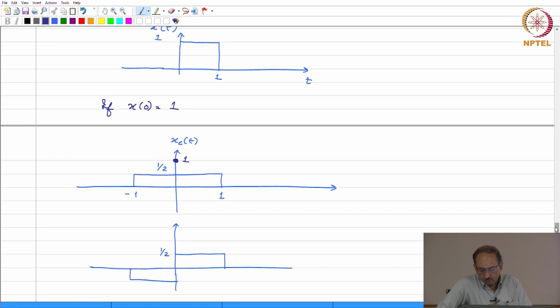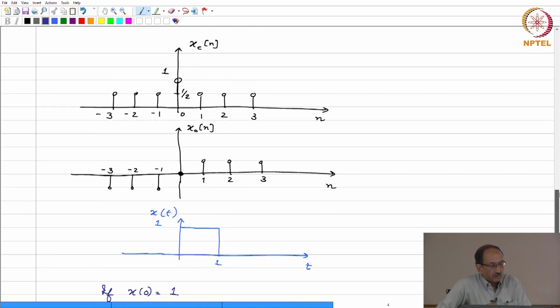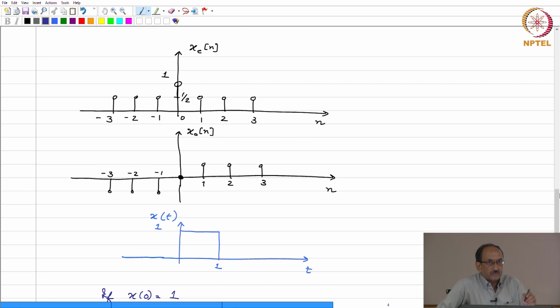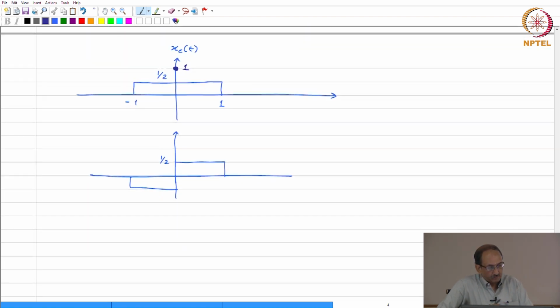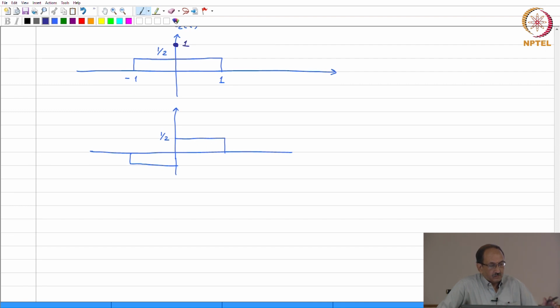So, the point to be noted is that none of these ambiguities come about in the discrete time case, because at the origin the signal is clearly defined in the way that we expect it to be. So, there are similarities between continuous time and discrete time, but there are some points at which there will be differences, and you need to pay attention to these cases where the differences can manifest themselves.